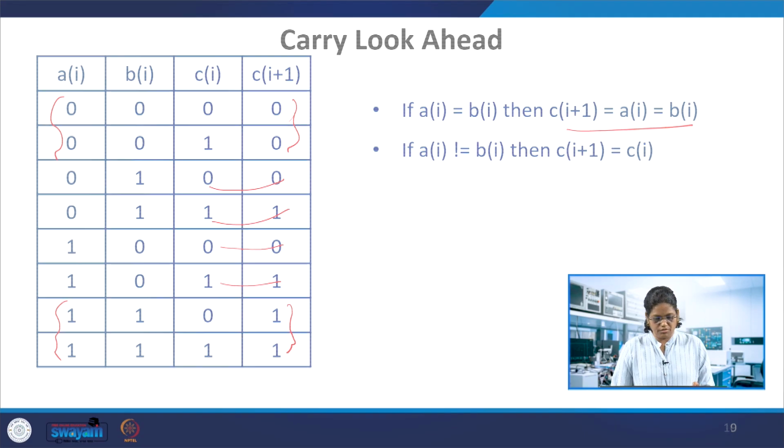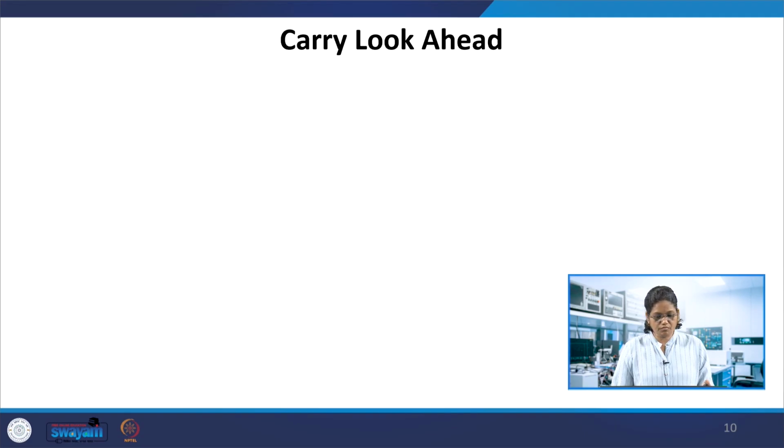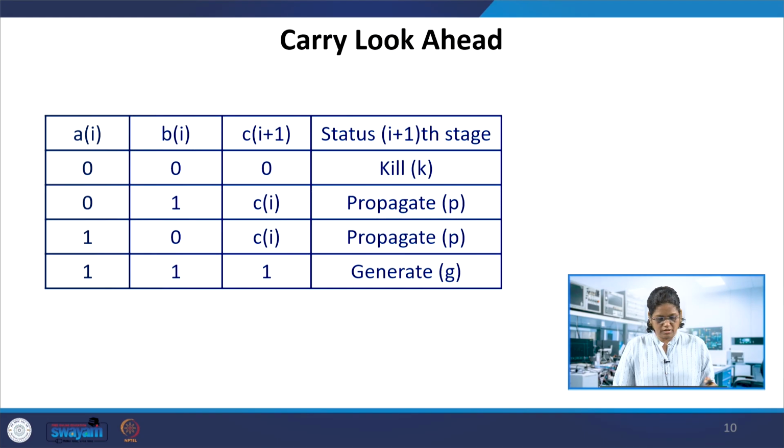So from this logic, can we have this carry look ahead? Can we compute that as a carry look ahead addition instead of having the ripple through here? So in carry look ahead, if we see A and B, Ci plus 1 is 0 or either A or B. So this is if both are equal, in this case it is 0. If both are equal, Ci plus 1 is equal to either A or B. Whereas if both are different, that is, not equal, then it is going to be the previous carry that is coming in, Ci.